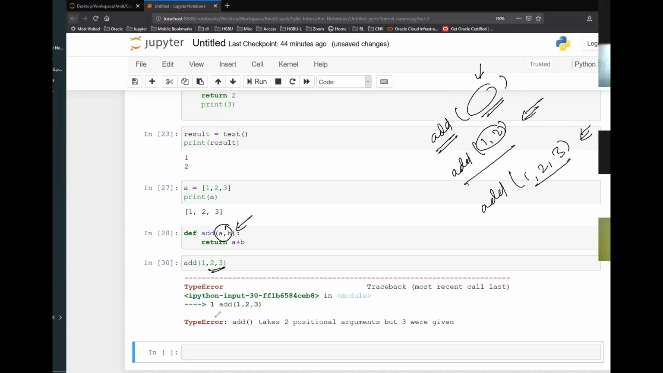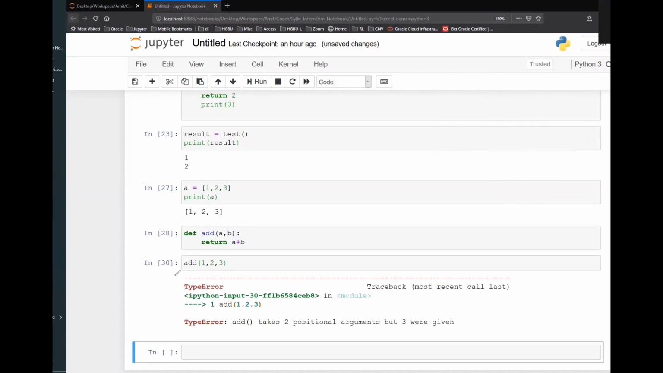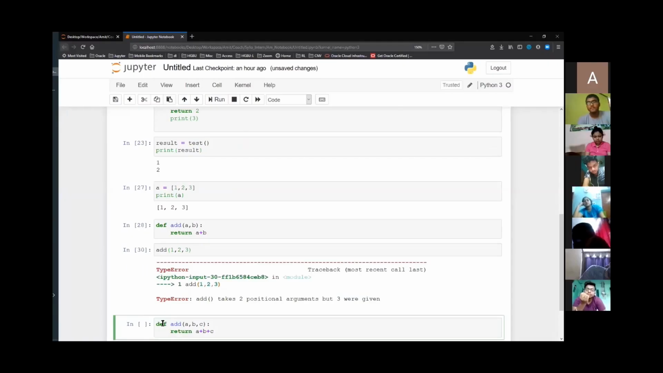Now, I may not be able to handle this scenario. I may not be able to handle add 1 2 3. So our next thought will be, okay, let's create another function with the name add and define that with 3 parameters a, b, c. Okay. So let me write another function, def add a, b, c, and then return a plus b plus c. Now, if I run this,